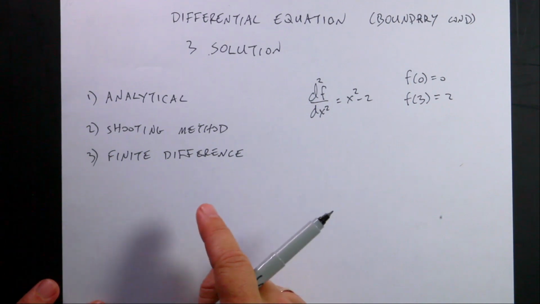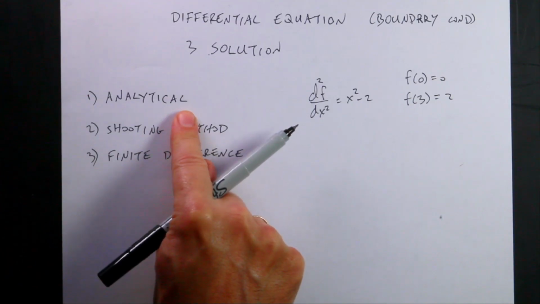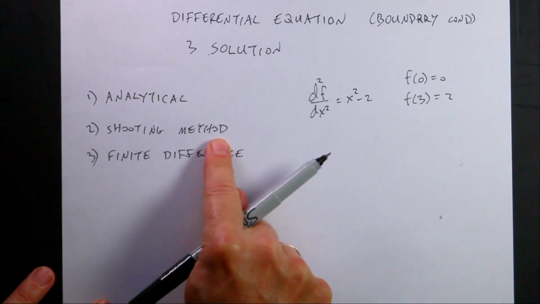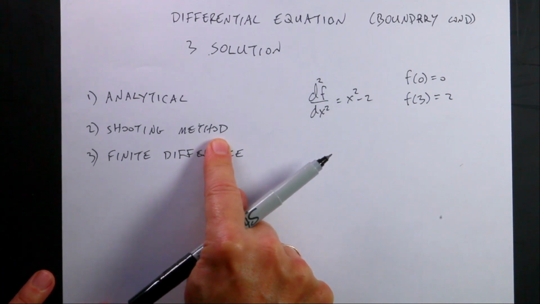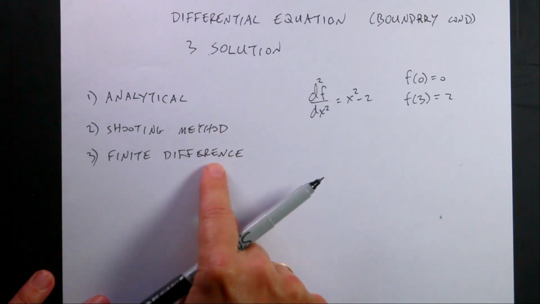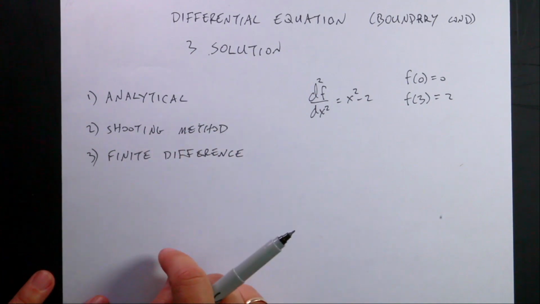So the three methods I'm going to show you are, number one, an analytical solution. This is what you would do if you can. I'm going to solve this one. That's why I picked an easy function, so I can actually do it. The next, I'm going to do the shooting method. This is a lot like the way you would solve time-based differential equations, and maybe you've already done one of those and you didn't even know it. And then the last is the finite difference method, and this is one that works better for boundary conditions than that one, but they can both work.